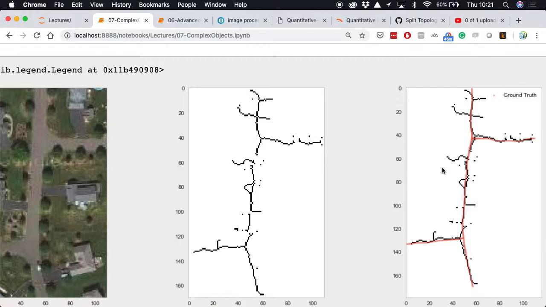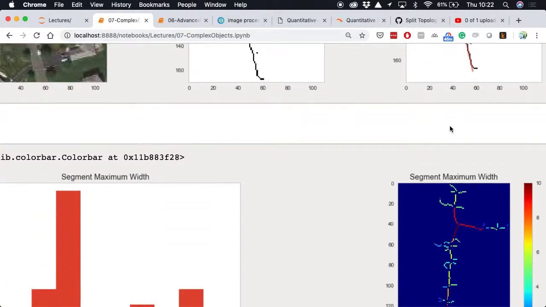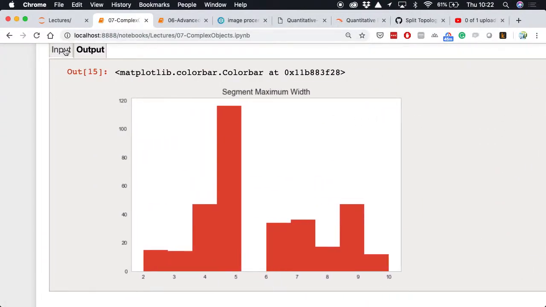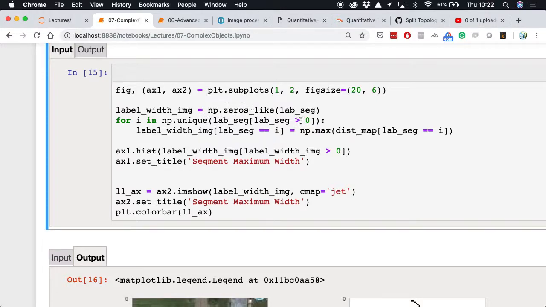So the distance map tells us how wide it was in the real object, right? So yeah, all of these are a single pixel, and that's the only reason that the junction labeling works. But we know how far each pixel is away from the nearest boundary. And so we have sort of a width at each one of these points. And so here we can look at the segment maximum width, where we take the labeled images that we have and we take the value from the distance map,